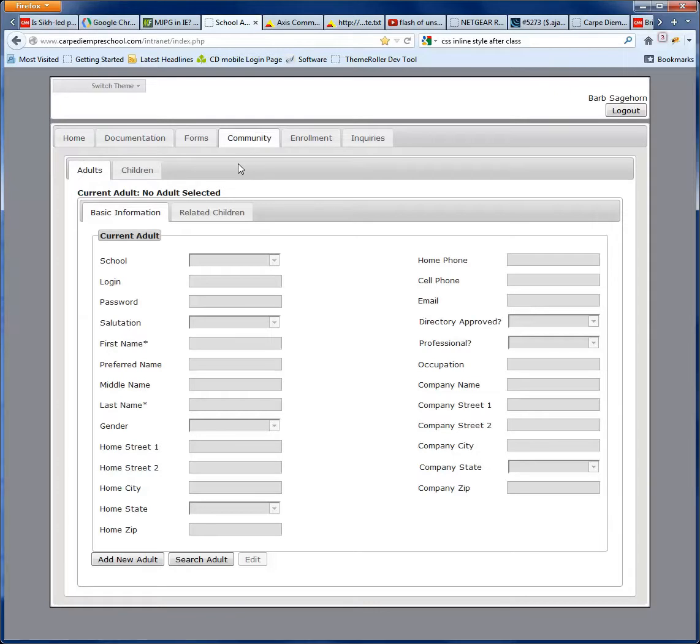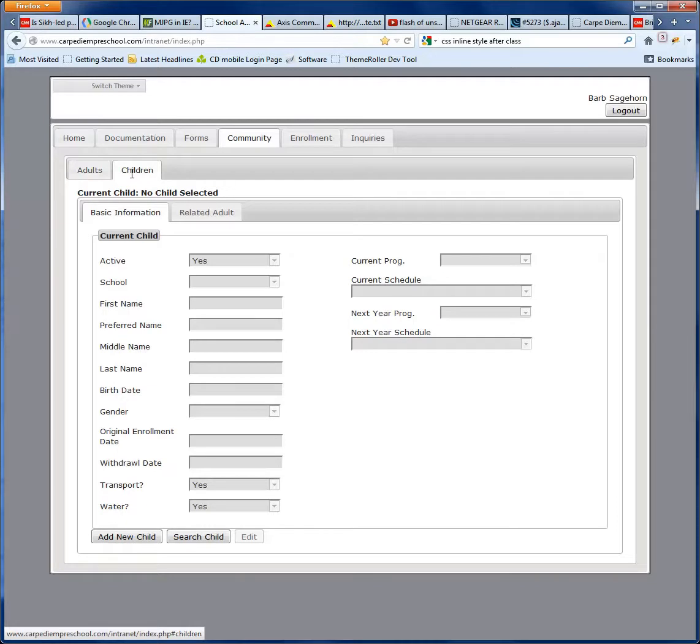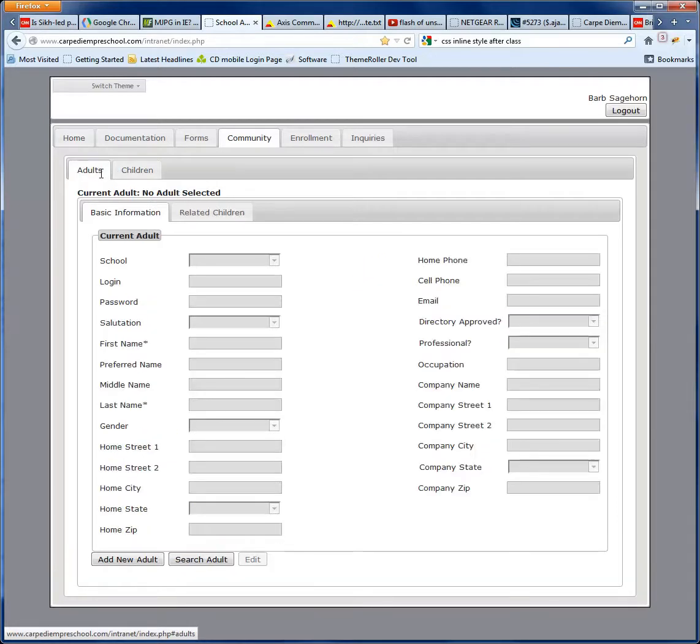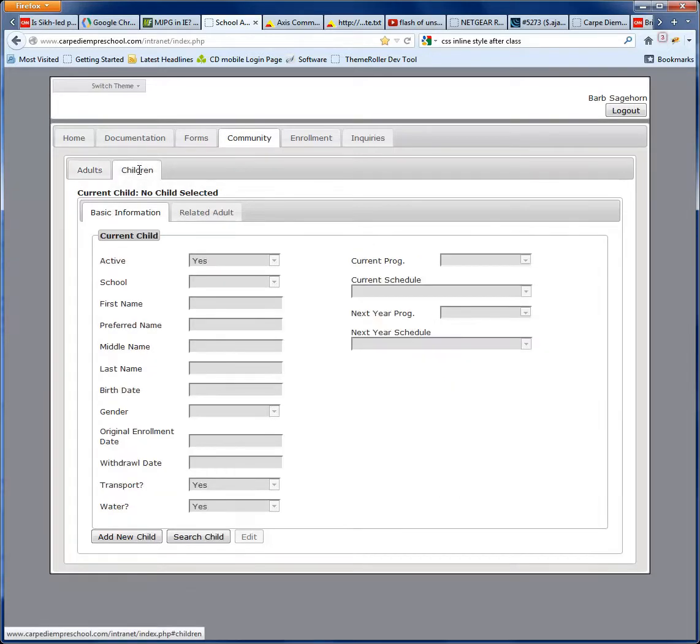And let's just do a real high-level overview of what we're looking at here. We have two tabs underneath Community. One is Adults, and one is Children. And the Adults tab is where we deal with the parent information, and we can see if they have any related children. And conversely, the Children tab is where we set up child information, obviously, and we can see if they